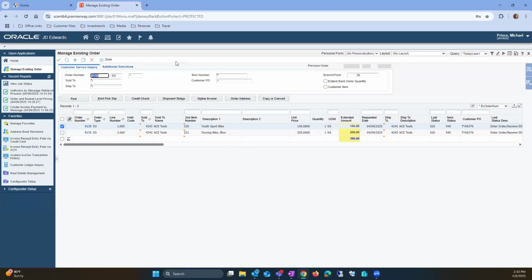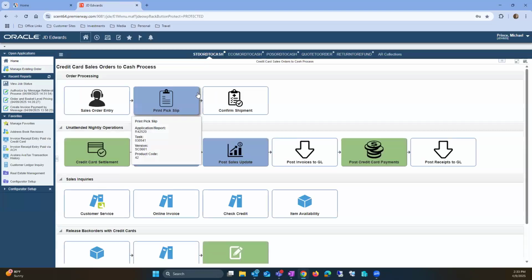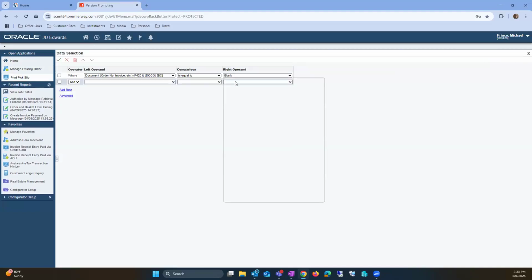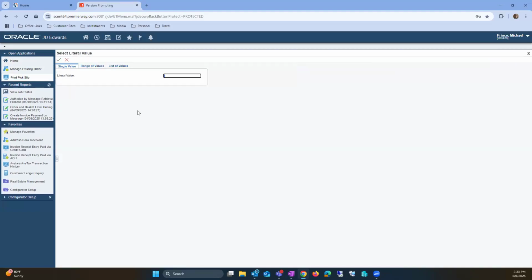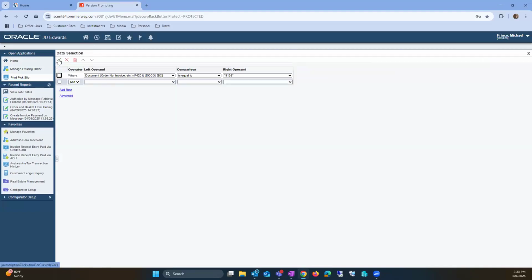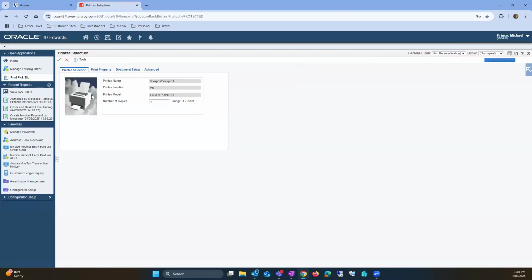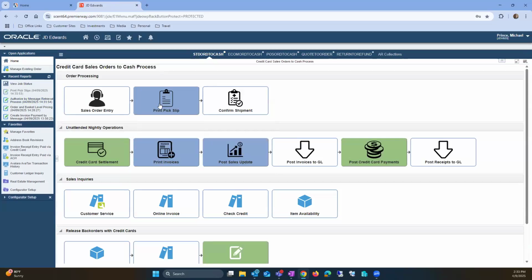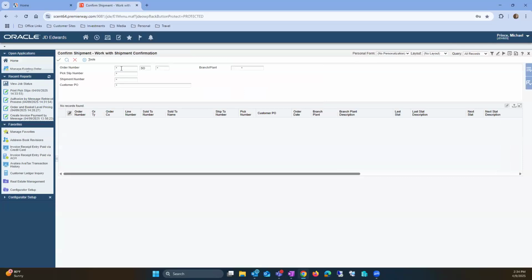So we'll take this order here real quick, and we'll go ahead and pick, pack, and ship this order out to the customer. Again, this is not directly related to the credit card processing, but it is part of the order to cash process. So I'll just walk the order through typical steps in an order to cash process. So we're going to go ahead and do the warehouse picking, and then we'll go ahead and ship confirm our